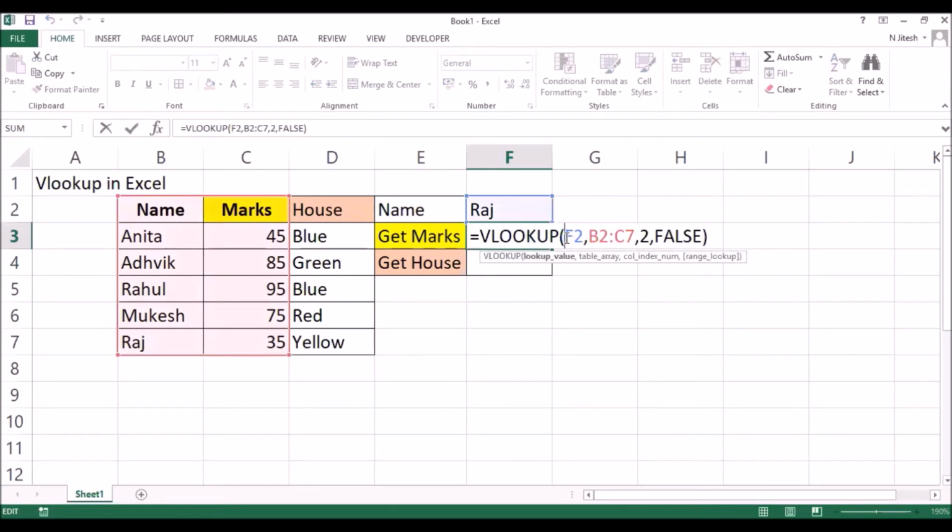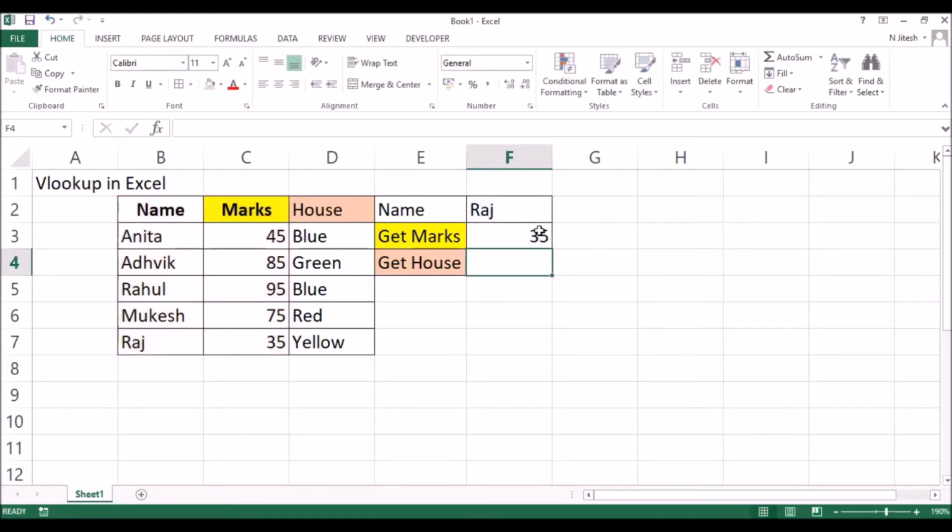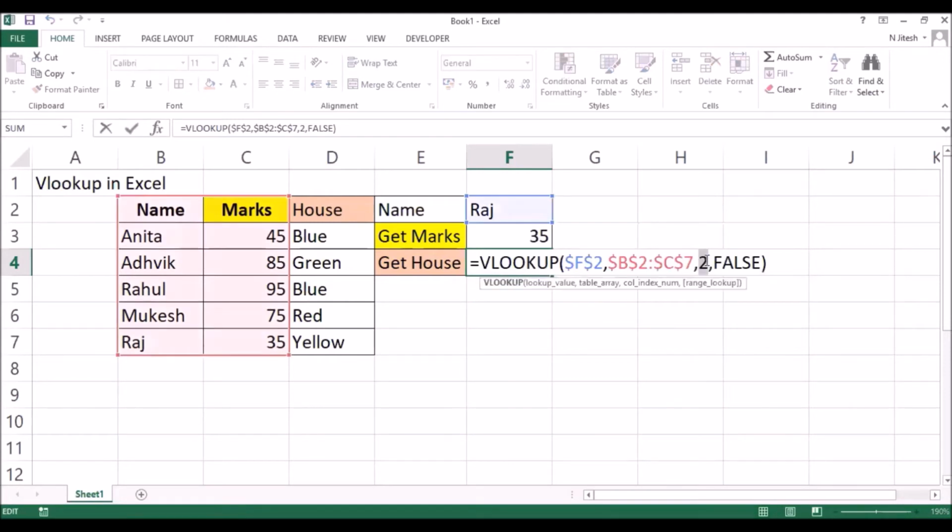What I can do is add a dollar sign in front of the alphabet and the number, basically your column and row, so the reference will be absolute. That means it will get locked. So if I use it this way, my F2 and B2 to G7 will be locked. If I click here, you can see you're getting a value, obviously because it's 2 here. If I enter 3 here, you should get the correct value. But then again, will you get the correct value? The answer is no. Let me show you.